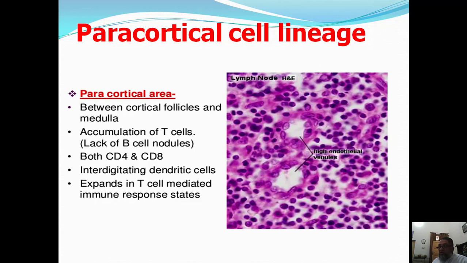अब यहाँ पर T cell mature होकर एंटीजन प्रेजेंटेशन के लिए तैयार होंगे. T cell हों या उसके जो दूसरे जो किलर सेल, नेचुरल किलर, वो भी मौजूद होंगे. नोड्यूल्स नहीं होंगे. They are present in the paracortical region. Both CD4 and CD8, natural killer and T cells, are present in this paracortical lining.